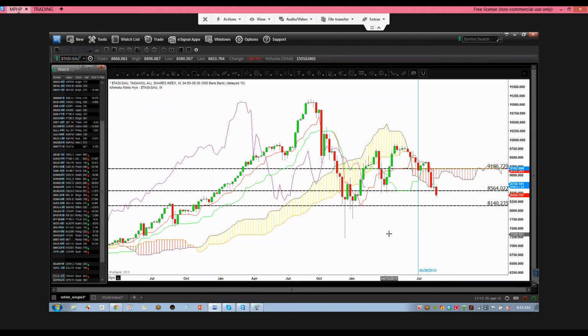So keep an eye on the Saudi Arabia market. This thing is starting to look very bearish. The key level is going to be 81.40. If we break that level here, then we do have a possibility of starting a bearish trend. If we hold this level here, then there's high probability we're going to consolidate between 81.40 and 91.86 for the